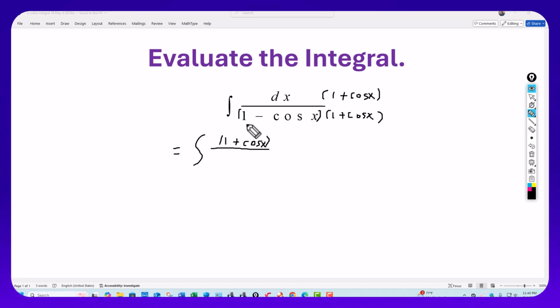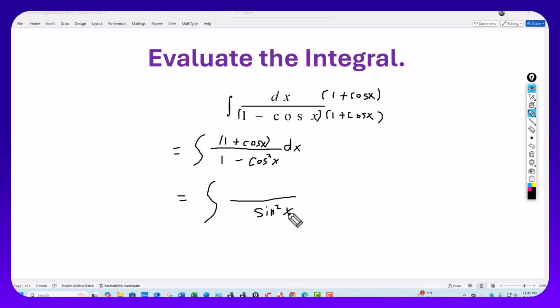In the denominator, it's just like multiplying a minus b and a plus b. The difference and the sum of the same two terms just gives you the difference of the squares. This would be 1 squared is 1 minus cosine squared is cosine squared. One of our basic fundamental identities tells us that the cosine squared of an angle plus the sine squared of the same angle is equal to 1. So from that identity, this has to equal sine squared. So this would be sine squared